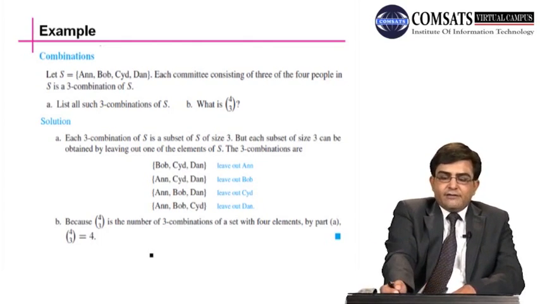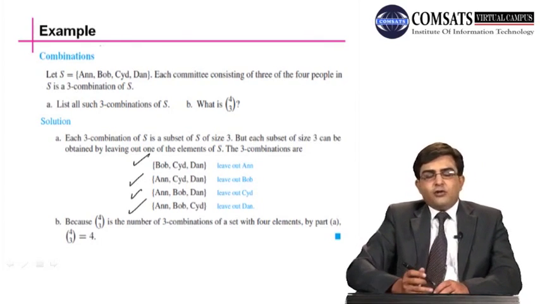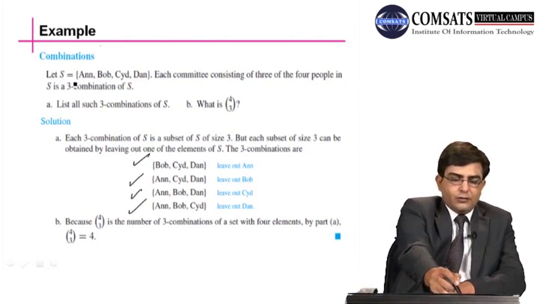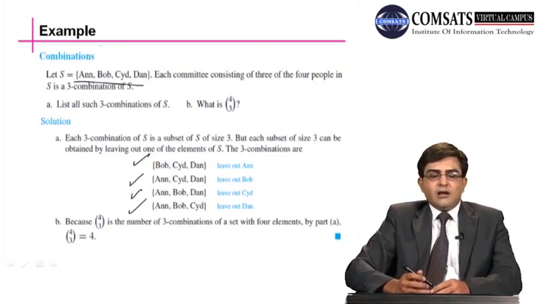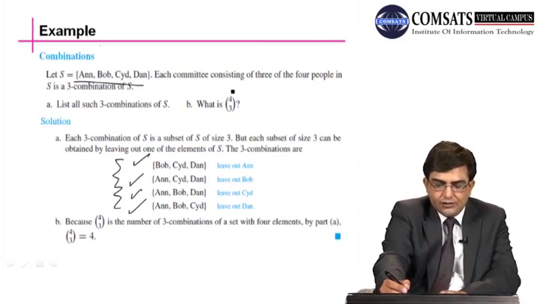So in the first committee we leave Ann, we construct Bob, Sid and Dan, and then Ann, Sid, Dan, and Ann, Bob, Dan, and Ann, Bob, Sid. So these are 4 committees we can form which contain 3 people out of the given 4 people in S. This is basically the combination. You can say also that all possible subsets of S which contain 3 elements. This is the combination,